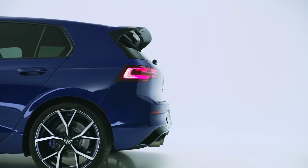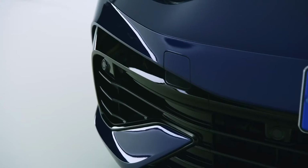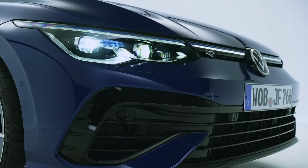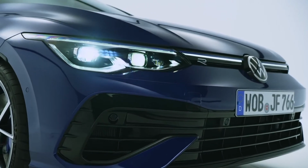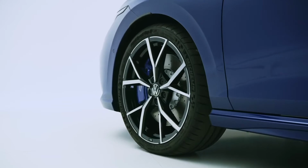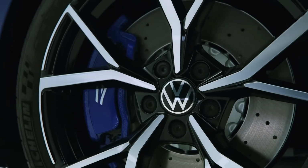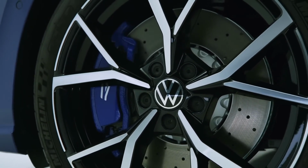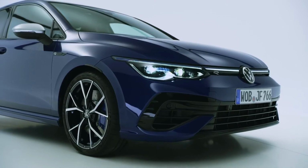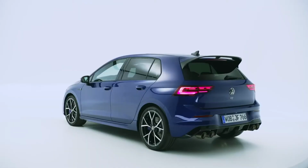The exterior design strikes a great balance between sportiness and sophistication. The front bumper with its large air intakes is typical for the Golf R. In the optional R Performance package, the new 19-inch wheels are fitted with 18-inch brake discs. The calipers are finished in our trademark lapis blue. The chassis sits 2 centimeters lower to the ground than a regular Golf, which is highlighted by side skirt extensions